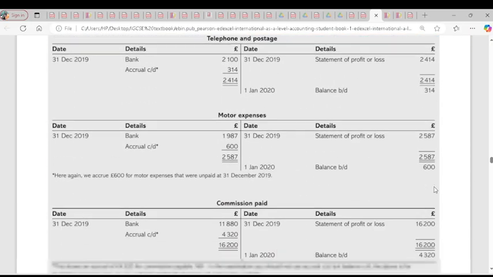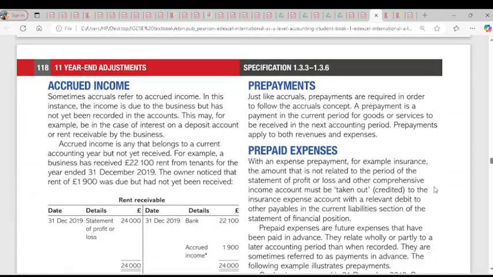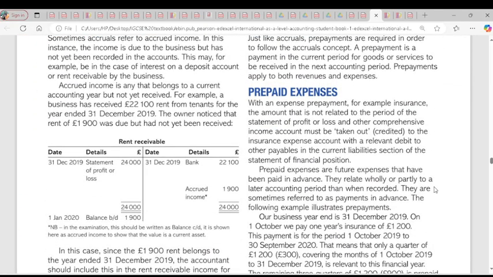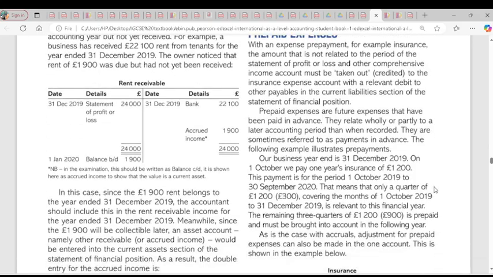So that's the difference between accrued income and accrued expenses. For income, I explained it, right? The income will have a debit. So the individual account for accrued income will have your statement of profit or loss on the debit side. Because it's an accrued income, your statement of profit or loss account will have a debit entry. But for accrued expenses, your statement of profit or loss will have a credit entry. Clear, right? So that takes us to